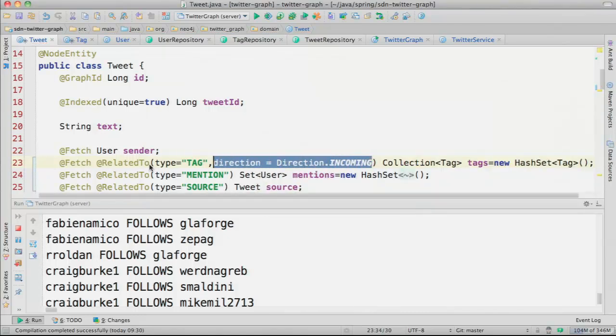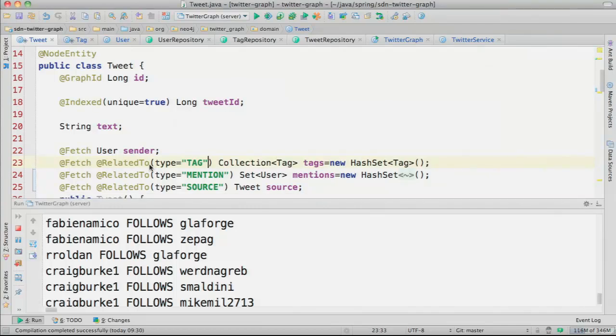Which is very handy because in Neo4j, all relationships, despite them being directed, can be traversed in any direction. So either outgoing or incoming. So it's not like in an object model where I only have one direction to follow references. I actually can follow relationships in Neo4j in both directions.